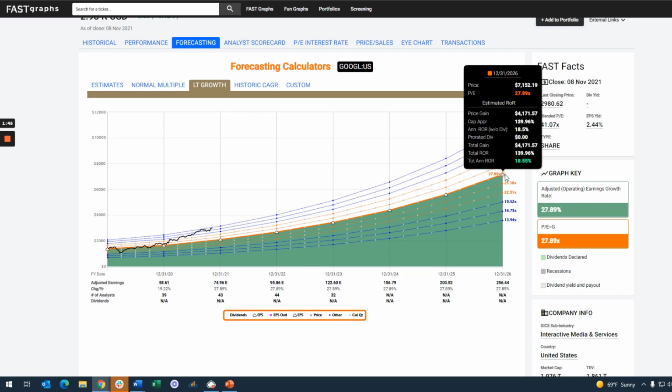So that's looking at Google, a.k.a. Alphabet, through the perspective of the fast graphs and financial underlying numbers. I do consider this a GARP, a growth at a reasonable price, but it's not growth at a cheap price. I want to make that clear. But because of the power of compounding, growth stocks like this can still generate good long-term returns. If it was me, I'd wait for a better price. I'd be patient and wait for a better price, but you could be building a position, and if it does drop, even add more. Growth stocks, because of how fast they grow their businesses, give you a lot of flexibility